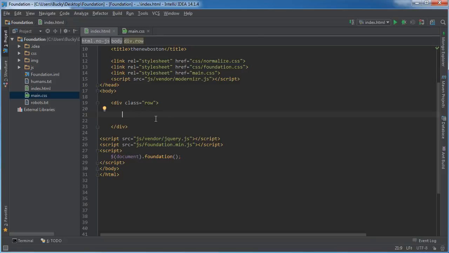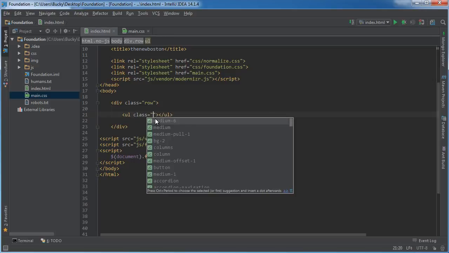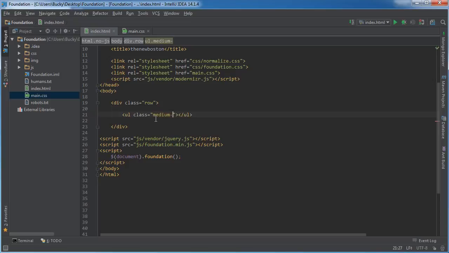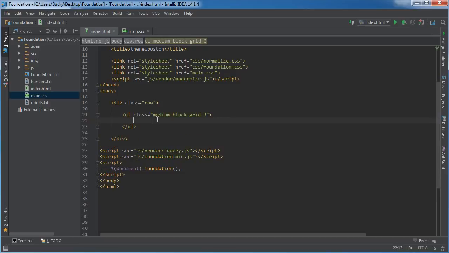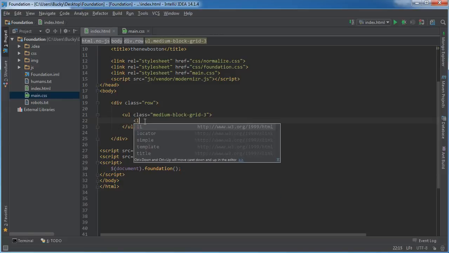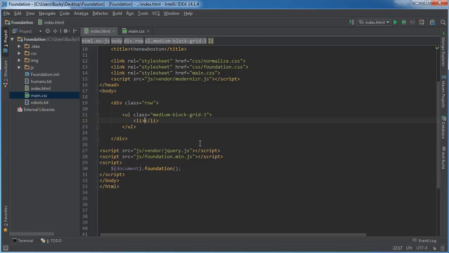So inside your row, let's say that we want to have 3 items per row all the time. So I'm going to make an unordered list, and for this class I am going to set this equal to medium block grid 3. Now the number you put right here is saying how many items, in this case how many pictures, you want to appear in your rows. So whenever we start adding our images, there's always going to be 3 of them for each row. So image,